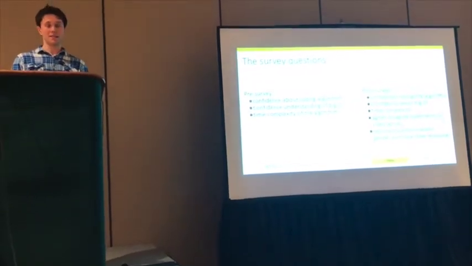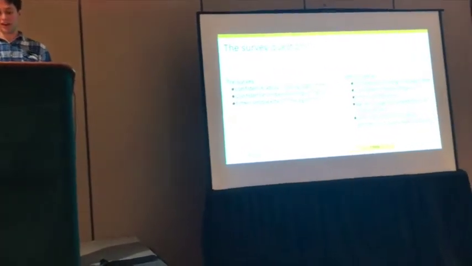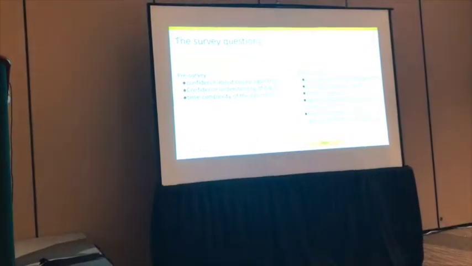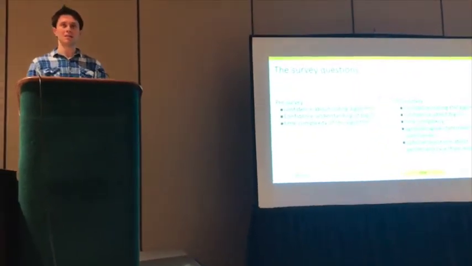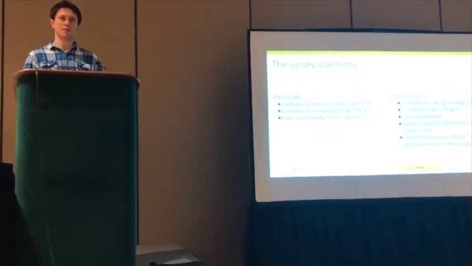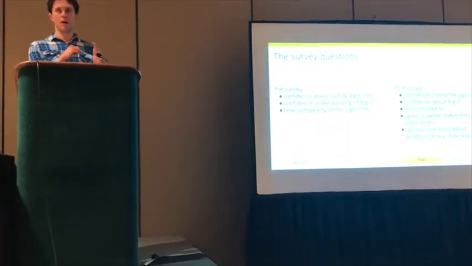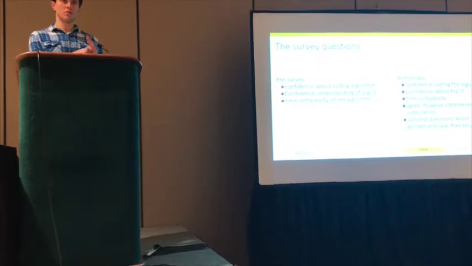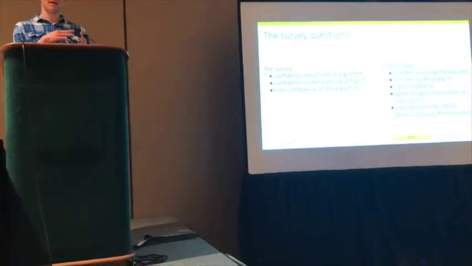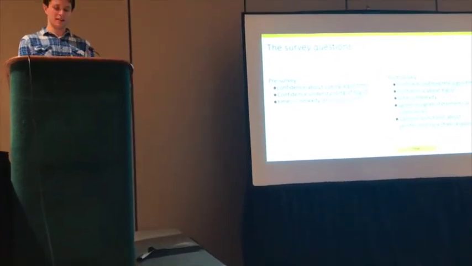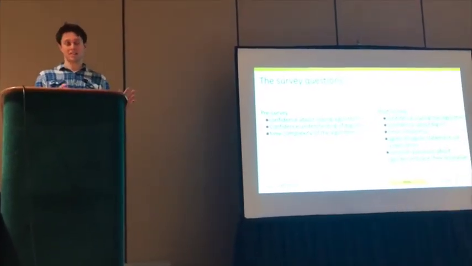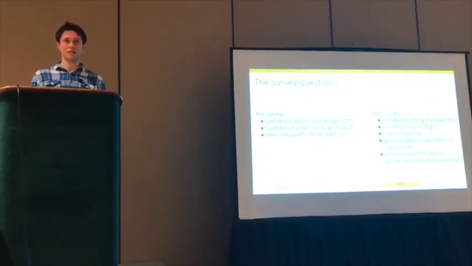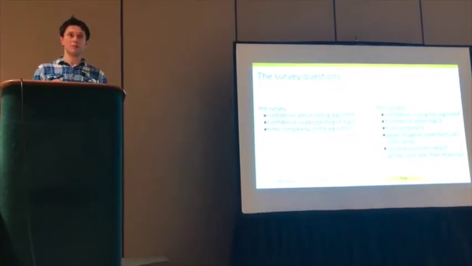So we asked these same questions in the post-survey in addition to two other conceptual questions. And we also asked Likert scale agree-disagree questions. So they were to answer on a 1 to 5 scale, where 1 is strongly disagree, 3 is neutral, 5 is strongly agree. And the last thing they were to answer, which is actually optional, were questions about gender and race, which were all free response.